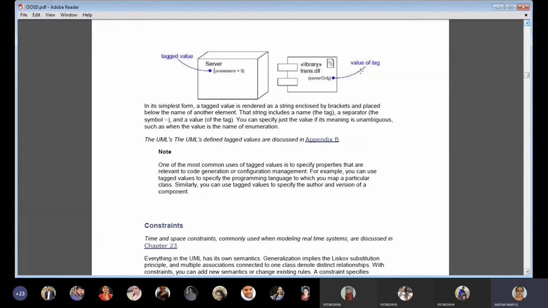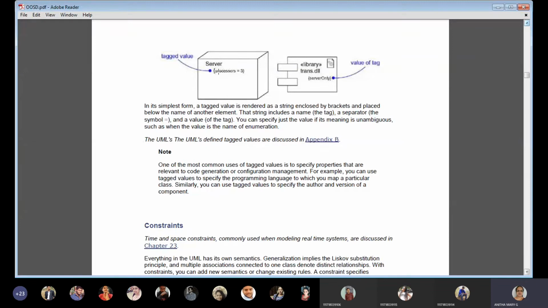That is the value of the tag. If you are specifically giving what the value is, then that is the value of the tag. Again, under tagged values we have 2 ways of representation: simple tagged value and value of the tag.